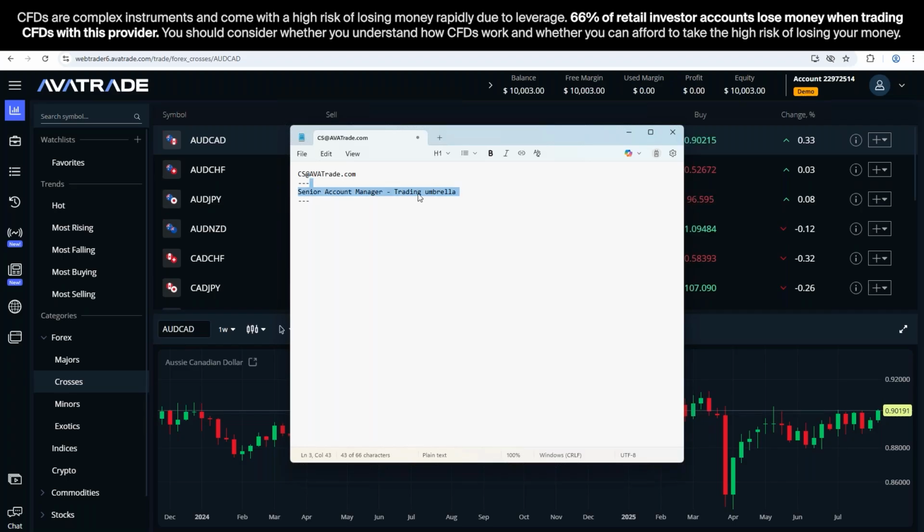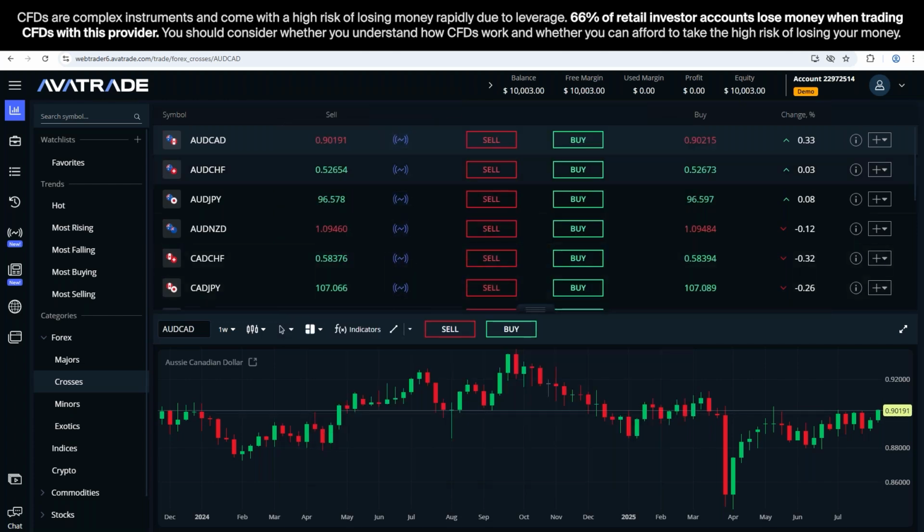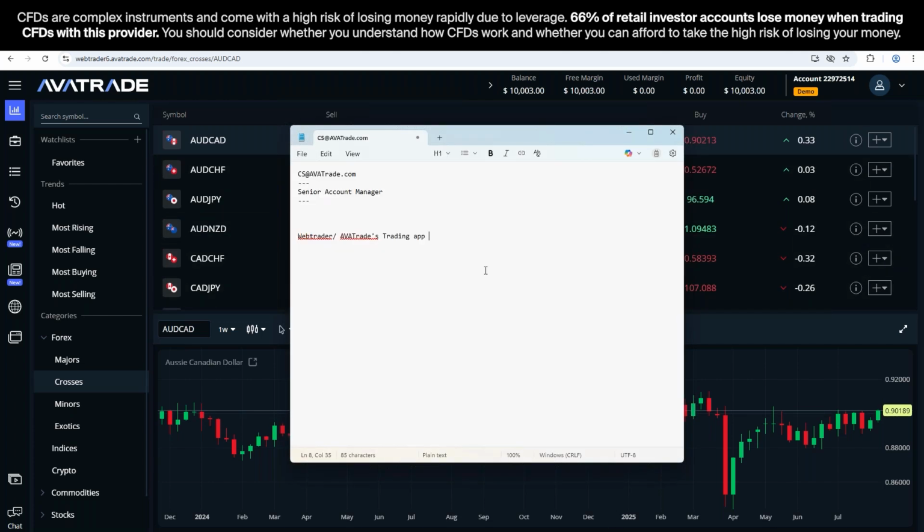Okay, so besides that, we're going to continue, as I said, with the web trader, but we're going to write down the other platforms that we have. Oh, sorry, that is now called the AvaTrade trading app. It looks a bit different since this is a desktop version we're using today, but the AvaTrade trading app is obviously the app, and it might look a bit different than what we see in here. We also have MetaTrader 4, MetaTrader 5,